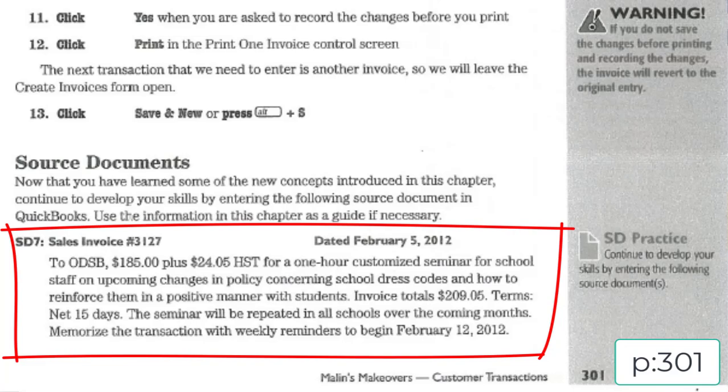Page 301, SD7 in the bottom. Matilda, what does SD mean? Source document. Source document 7. Sales invoice 3,127, dated February 5th, 2012. To ODSB,